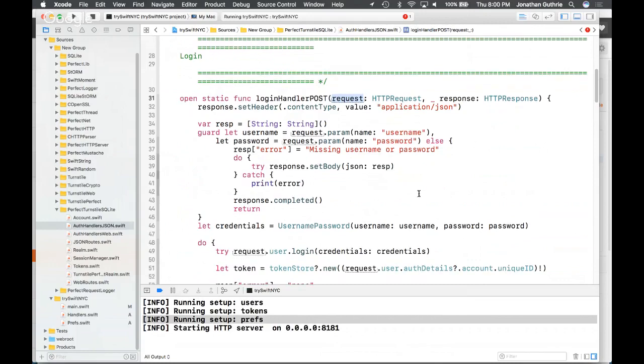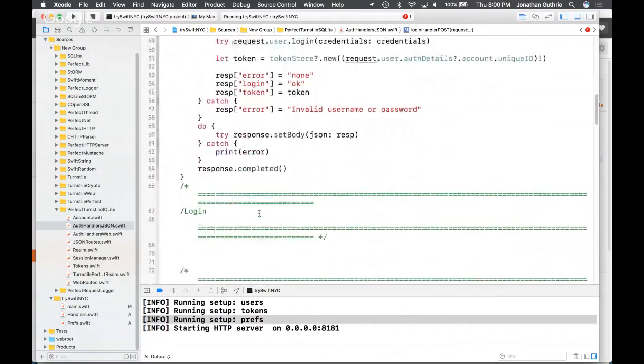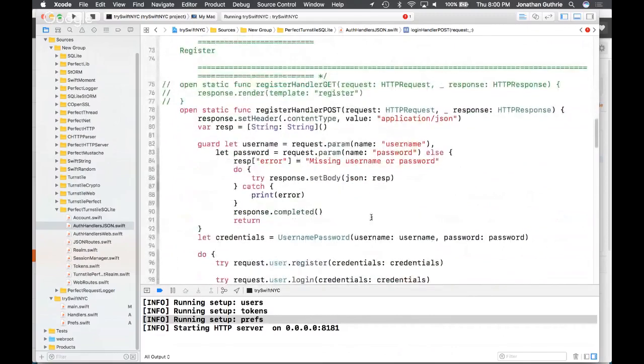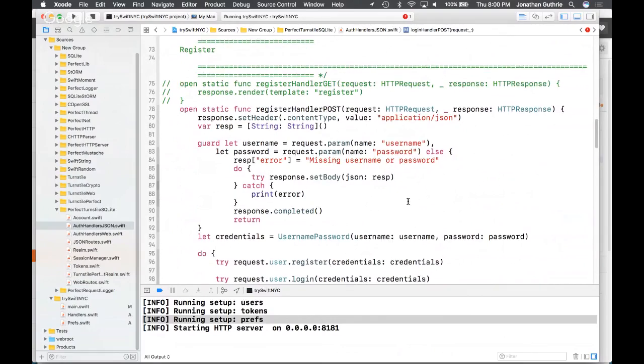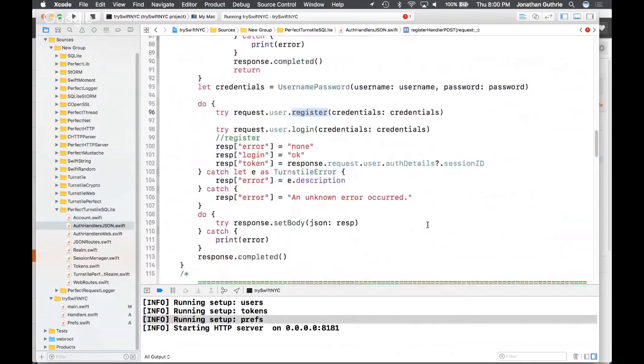Okay, and then it's doing a bunch of other stuff, and we can mostly ignore that later on. We've also got a register, which is pretty much doing the same thing. It's just instead of registering, it's actually doing a save. And you'll notice that it's doing a register. And if I was to inspect the register, that would actually show me the save operations. We don't need that either.